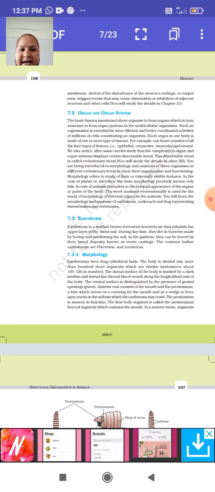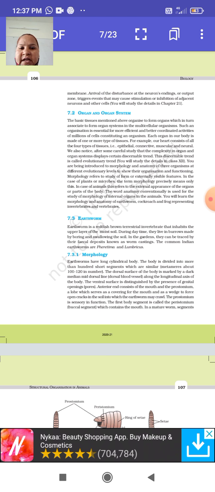Now earthworm is a reddish brown terrestrial invertebrate. You know what are invertebrates? Invertebrates are those organisms which do not have vertebrae or chordates. They are grouped under invertebrates. So it is reddish brown in color. Terrestrial means it basically crawls on land, or it is found on land, that inhabits the upper layer of